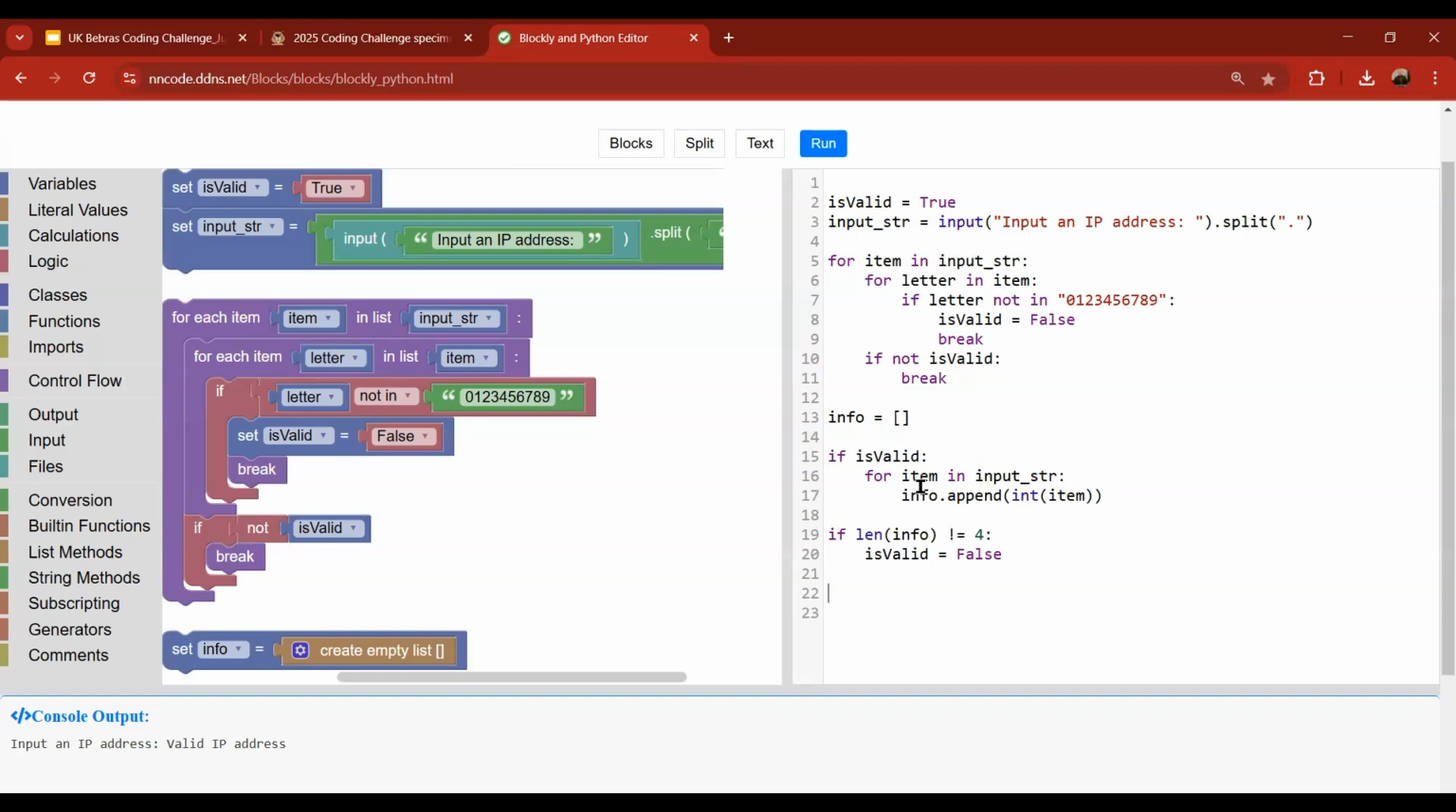Now, can you think of what the next test needs to be? We've checked if they're all digits. We've checked if there's 4 of them. We now need to check if it's in the range of 0 to 255. So that's why we have to do this one first. We have to convert it into an integer so that we can check if it's within the range. So if is valid,